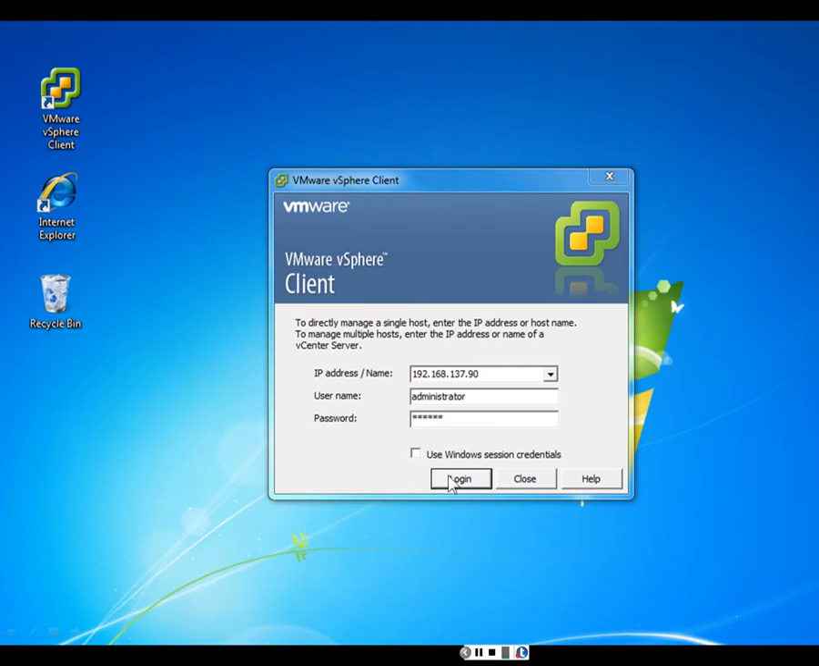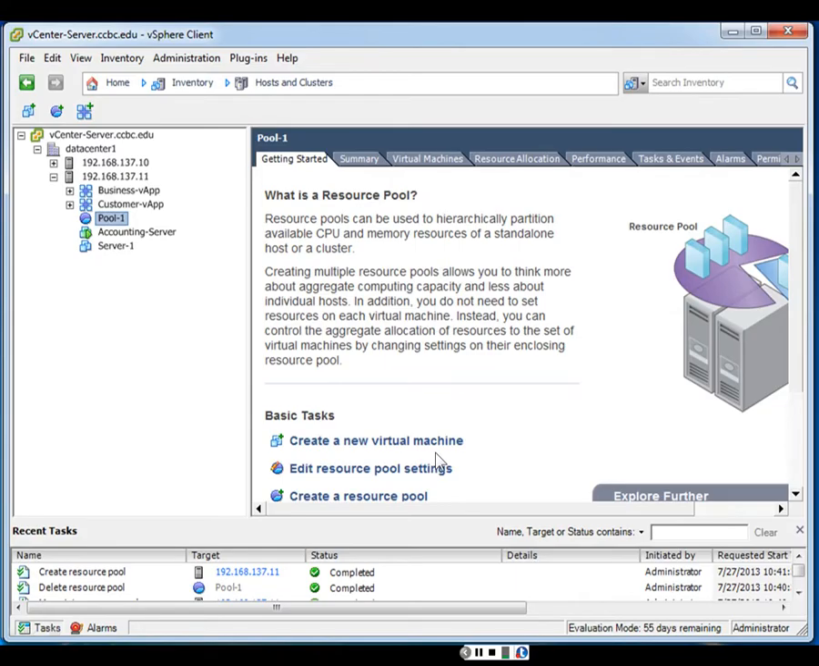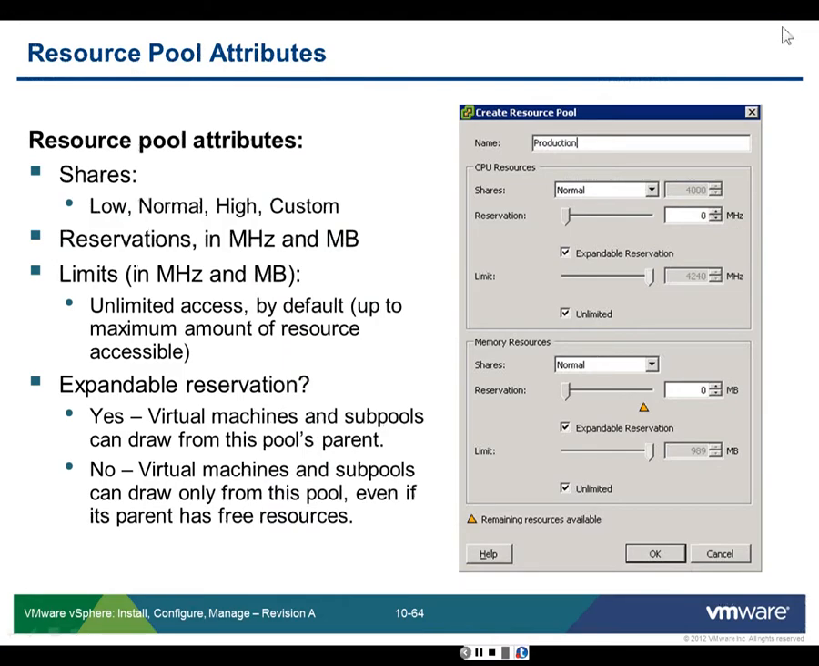Log into the vSphere client, and there's a pool right there, and the definition says resource pools can be used to hierarchically partition available CPU and memory resources of a standalone host or a cluster. So let's do it. If we look at resource pool attributes, we can see resource pools